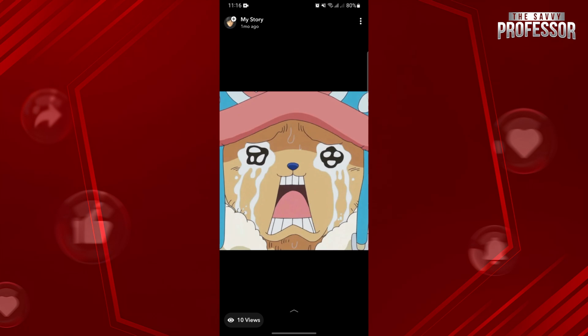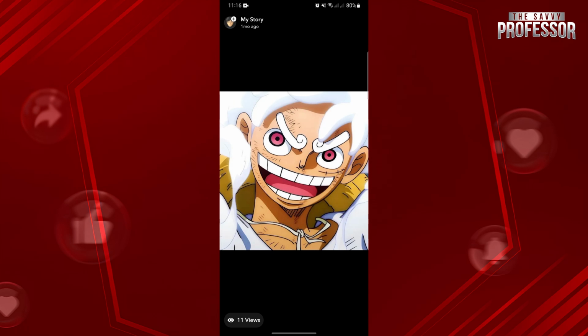Right now, it is impossible to know who screenshotted your story as Snapchat does not have that feature. Snapchat prioritizes user privacy and it doesn't provide a mechanism to detect or alert users when their story is screenshotted. The platform used to offer a notification for screenshotting individual snaps, but that feature was removed in earlier versions of Snapchat. It is important to understand that even though Snapchat may not notify you, it is always best to respect the privacy and terms of service of the platform.